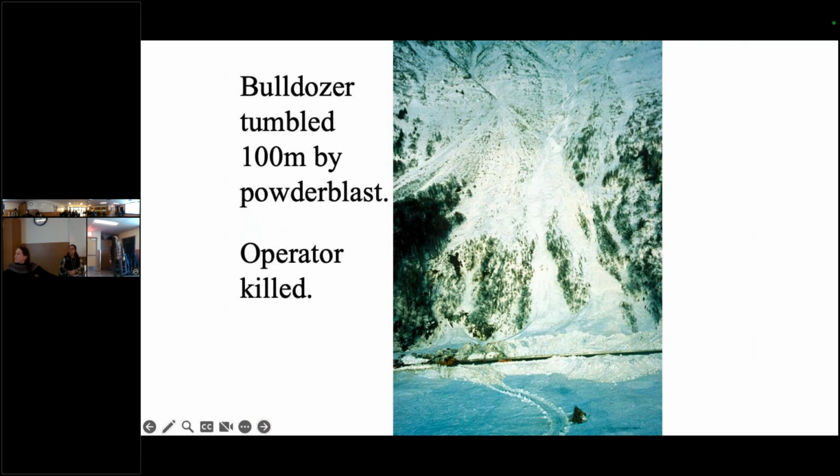See, this is in Turnagain Pass, or not Turnagain Pass, but Turnagain Arm. There's 2 plows that are up here, and they're trained, they're removing debris. And if there's another slide coming, they're trained to turn into it, put the buckets up to protect them. For one machine, it worked. The other one got blown 100 meters out into the arm, and he died.